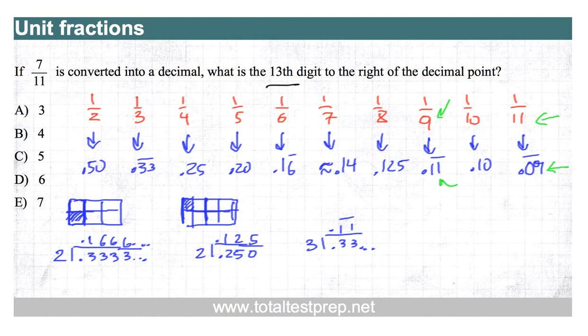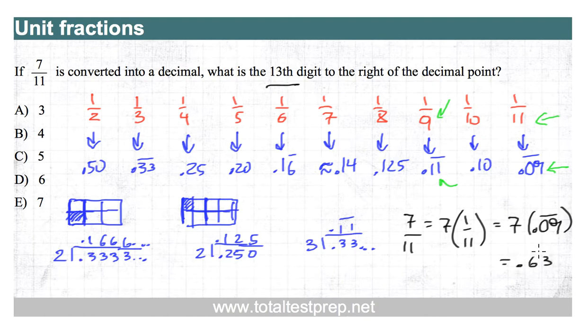So coming back to our question, what is 7/11? Well, 7/11 is the same as 7 times 1/11. We have 7 of 1/11, which is 7 times 0.09 endlessly repeating. So 7 times 0.090909 is 0.63 endlessly repeating. In other words, it's 0.636363...